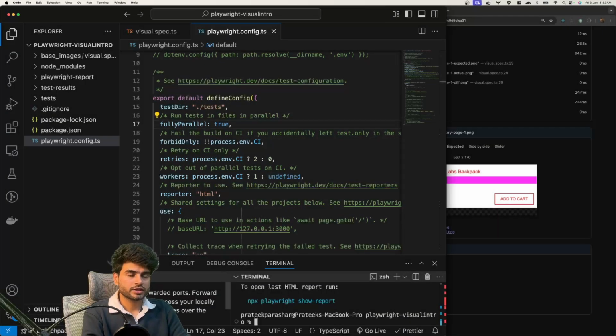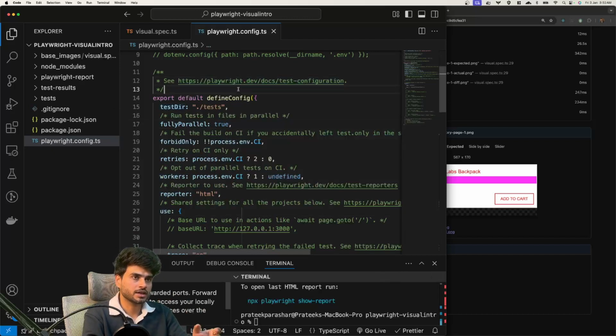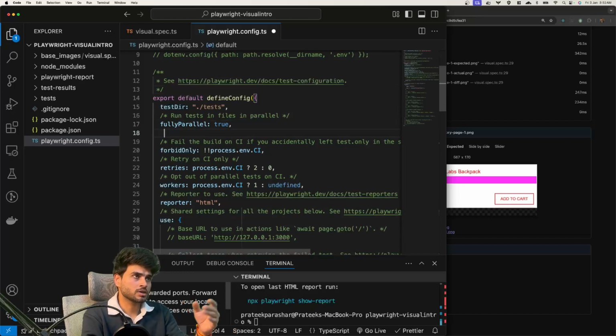Okay, there is one more parameter we could tweak here. By default, whenever we run this test case, it creates a snapshot directory in the test folder. If you do not want that, for example if you want it to create a folder outside or in your desired location, you could simply go to your playwright.config.ts and add a flag called snapshot directory, and pass the path, for example,